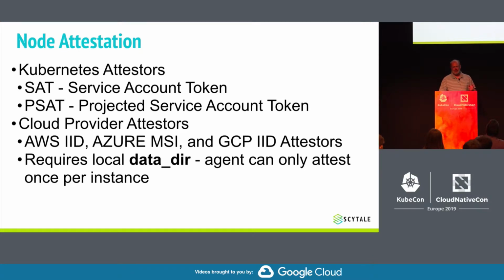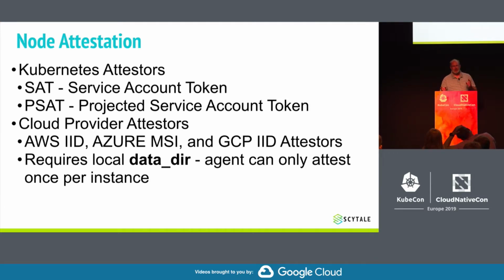So I mentioned node attestation and kind of how that affects potential persistence of the data dir. There are several different node attesters that you can use. We have the ones that Emiliano mentioned that are specific to Kubernetes, the service account token and projected service account token. But even though you're running in Kubernetes, it doesn't mean you can't necessarily use the cloud provider attesters. If you're running a managed Kubernetes, your hands are going to be tied a little bit more. If you're just running on your own instances, there's generally nothing that prevents you from using the cloud provider specific